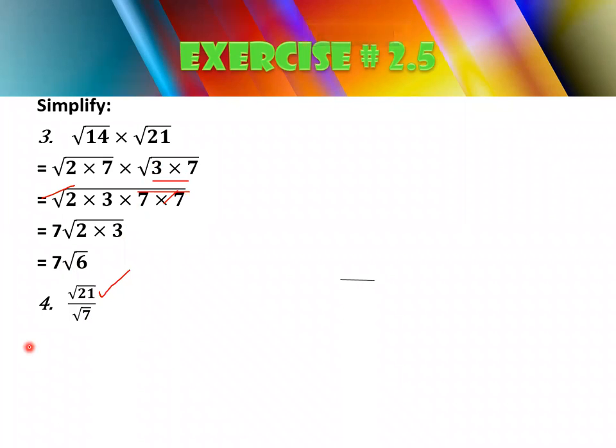So what will be the factors of 7? Obviously 1 and 7. So you are not going to break 7 into its prime factors because it's a prime number. So simply you are going to break this 21 into its factors. The factors of 21 are 3 multiplied by 7, and your denominator will remain the same because it's a prime number and you cannot break it into factor form. Understand? If you have 5 or if you have 3, you cannot break it into its factor form.